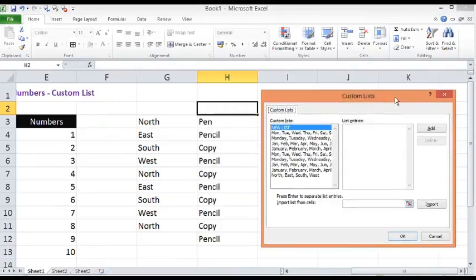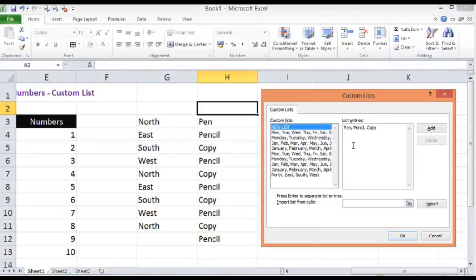Here in the list entries, I will type as pen, comma, pencil, comma, copy. So at this point of time, I have just three items. I will click on add, and we can see that pen, pencil and copy, these three are added in custom lists.